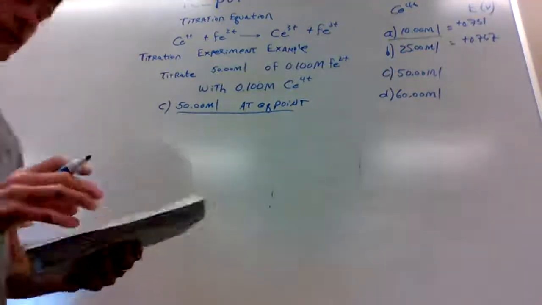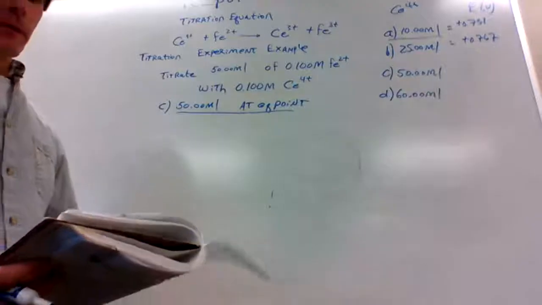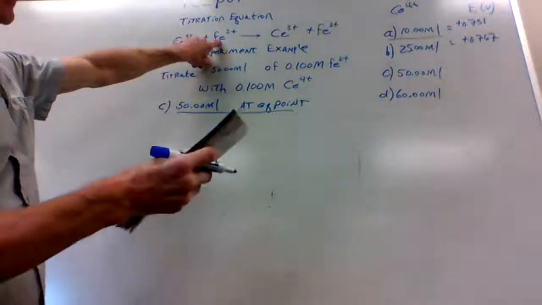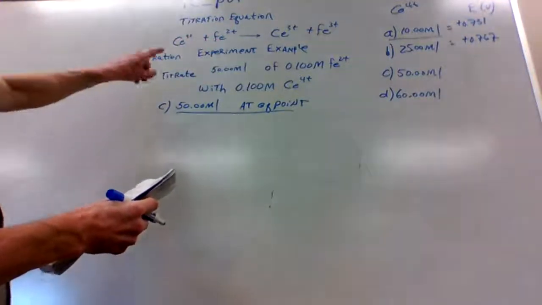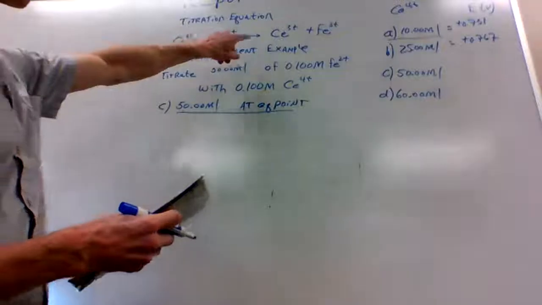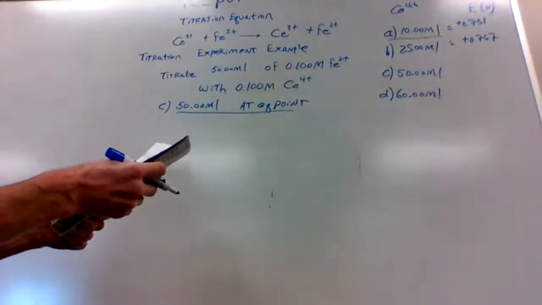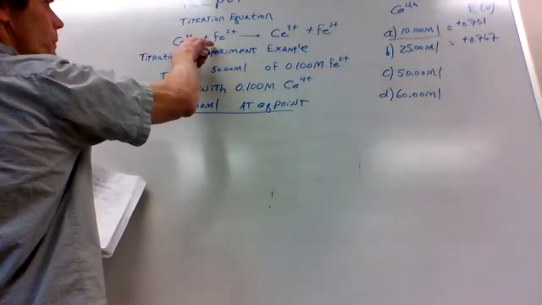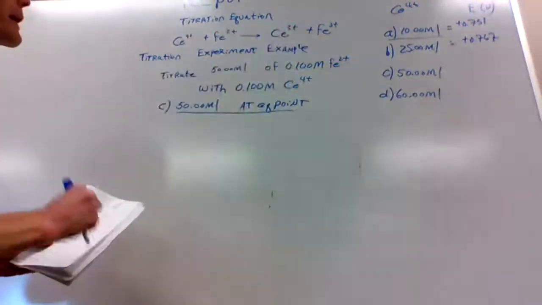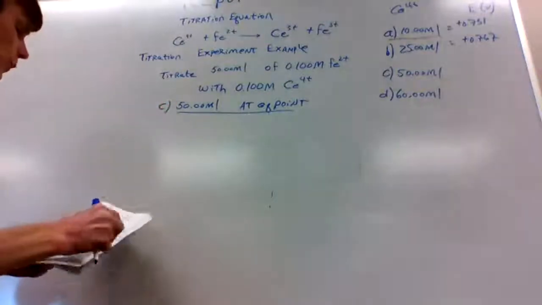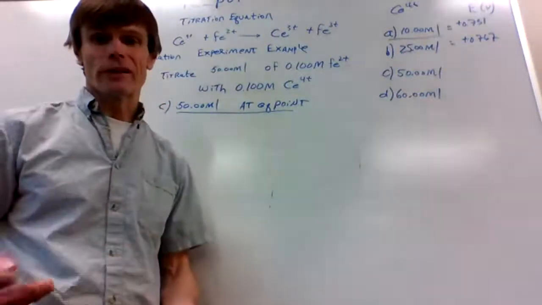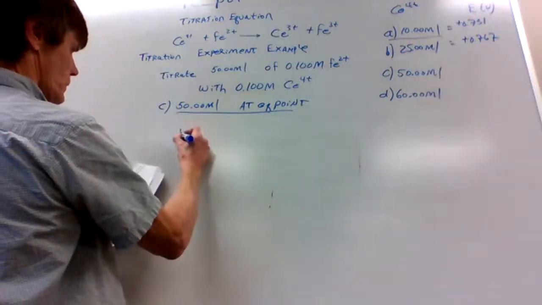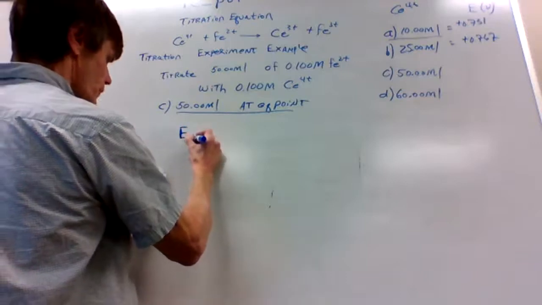Okay, so what happens at the equivalence point? We've used up all of our iron 2 positive, and we've converted all the cerium 4 positive into cerium 3. And what we find out is that these two will be equal, and these two will be equal. And what we do at the equivalence point is we use a little trick. It's pretty easy at the equivalence point. At the equivalence point, the E for the cell